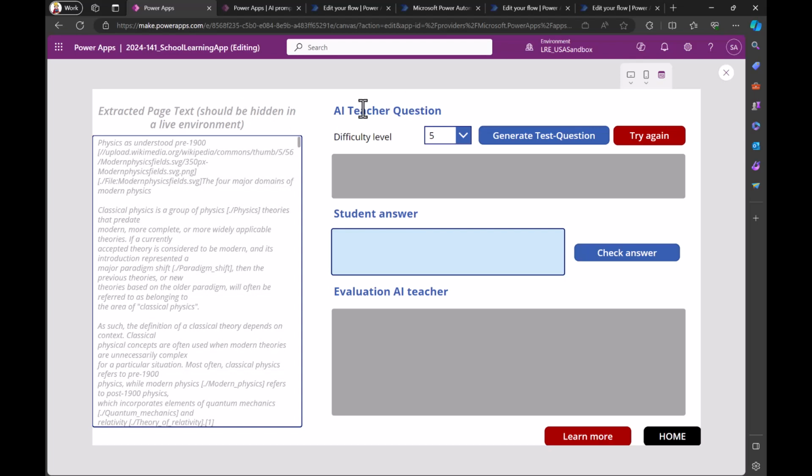Then the next thing is, you can select here a difficulty level from 1 to 5. Something you can make up. And then you can say, generate a question for this text here, for the Wikipedia article. And then you generate a question. So what is classical physics? Maybe, here you can already see,